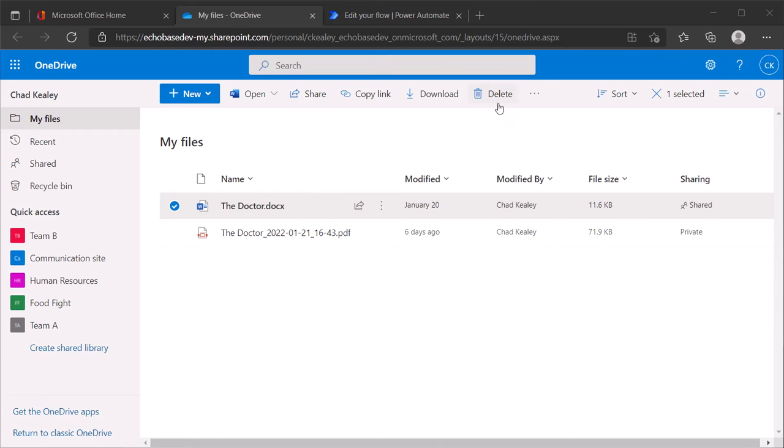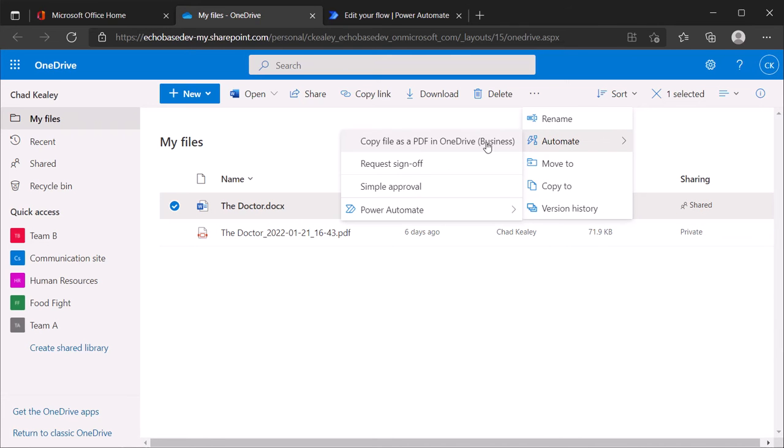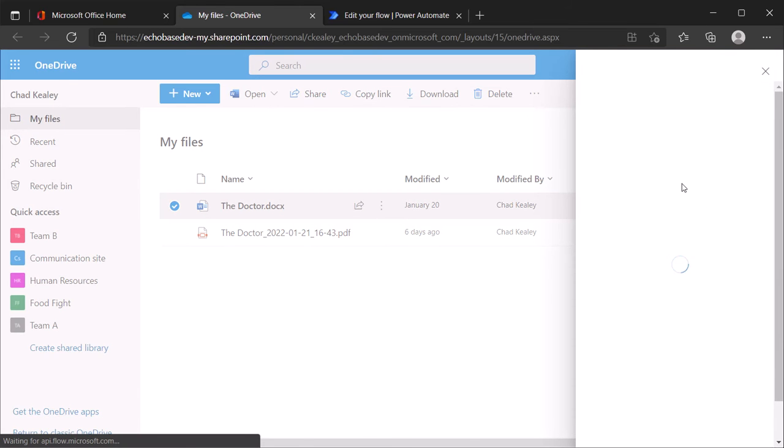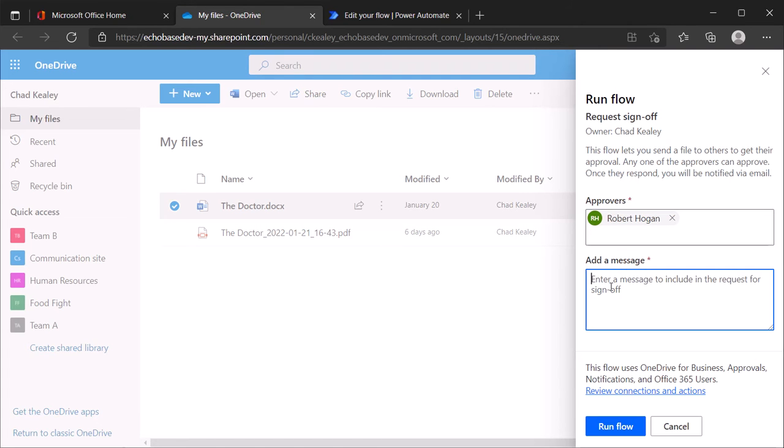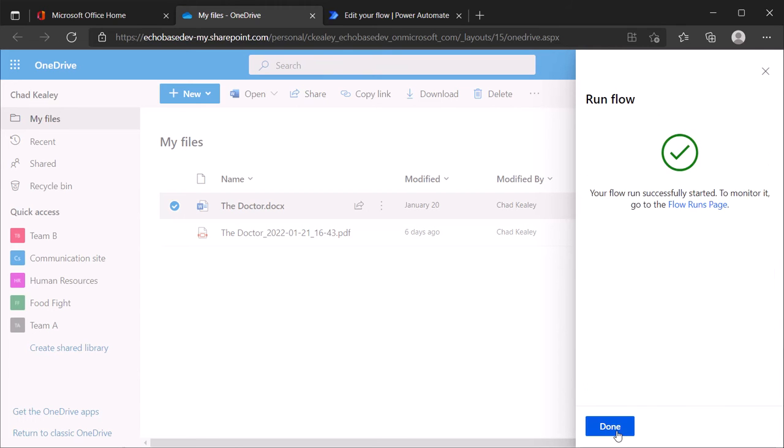When you select a file and you go to the Automate menu and select Request Sign-off, the first time you do this, it's creating the flow. I've already done that step, so I have this flow ready to go. I can put in the name of the person who I want to approve this. So I'm going to have Robert Hogan approve it and say, please approve me, and click run that flow, and